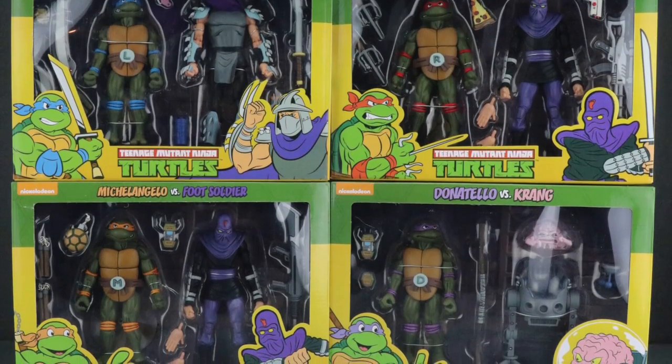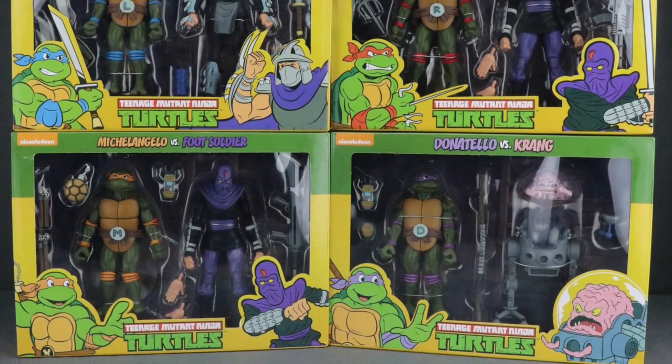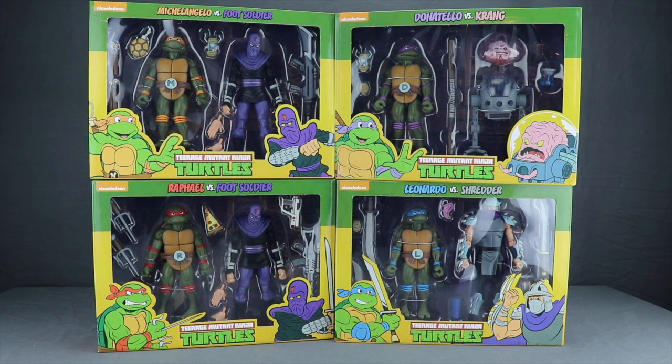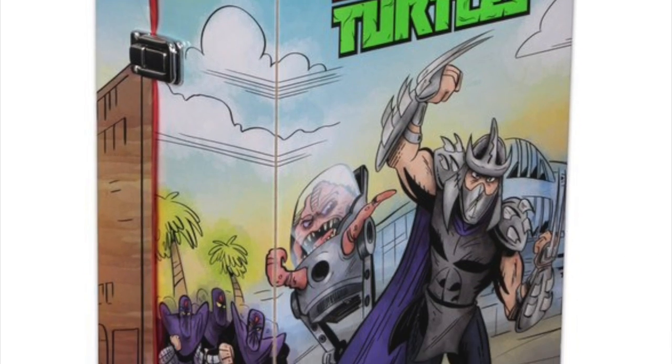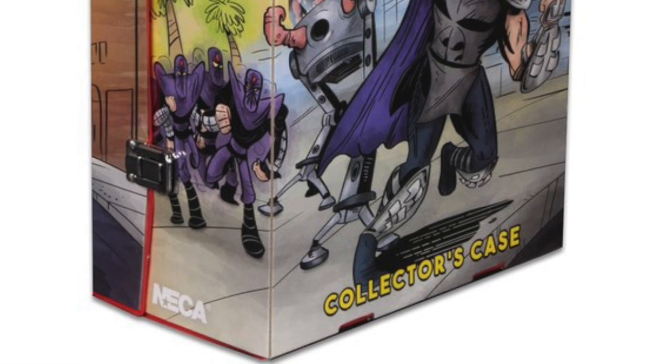And for today's review, I'm going to be taking a look at the brand new Teenage Mutant Ninja Turtles classic animated series action figures from NECA Toys. Now, if these figures look kind of familiar to you, it's because NECA actually released them a couple years ago as a box set for San Diego Comic-Con. It is the exact same figures with the same accessories, only now they've been broken up into 2-packs along with